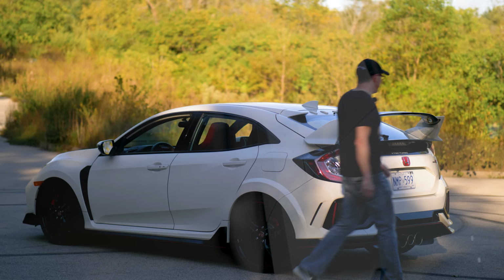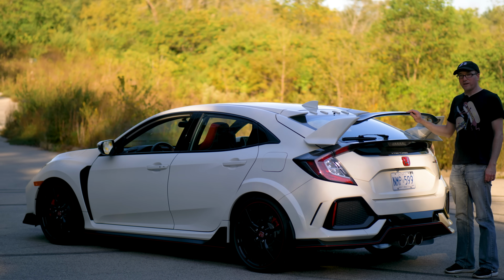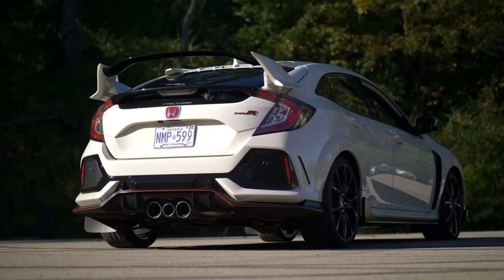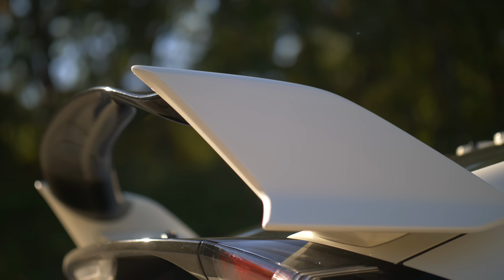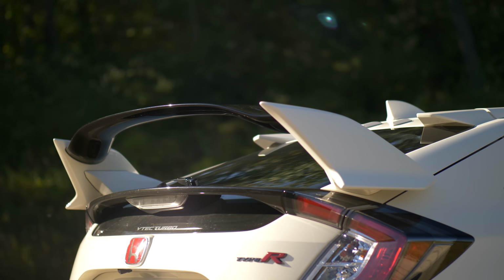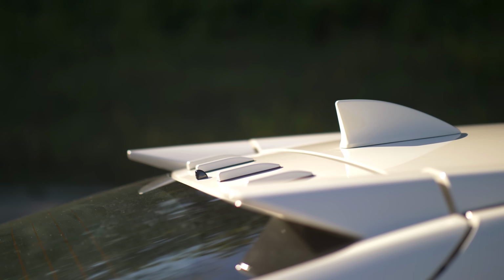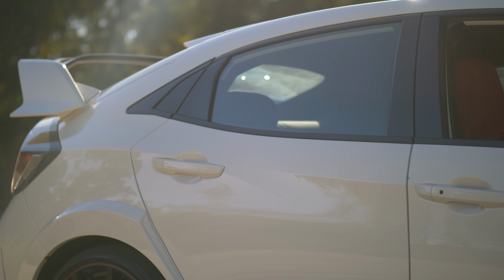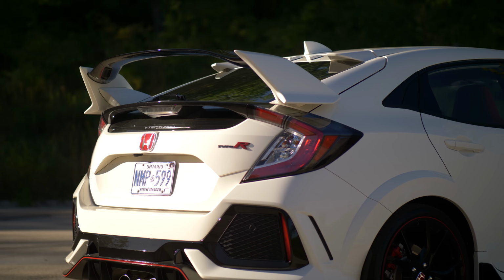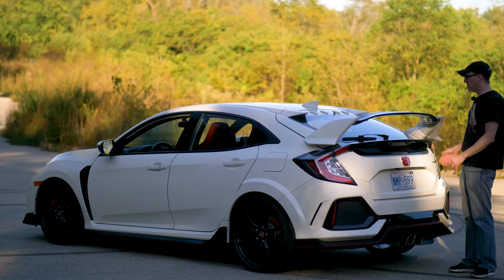Now, as I work my way to the back, holy shit. What is this? It looks like one of the Terminator wings that were on the 90s Civics that everybody put on, and then you found them in the junkyard. This thing is ridiculous. And these sharp edges are great because you walk around it and you're gonna bruise yourself up. It's just overkill for what this is. But hey, you know what? That's what the Type R is about. You have vortex generators on the top of the roof, which help to channel airflow so this spoiler becomes functional. It creates downforce. And the whole front to the back of the car has aerodynamic purpose that helps generate smoothness and also downforce to create stability at higher speeds. Now, let's take a look